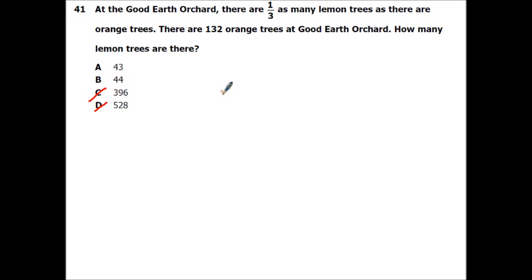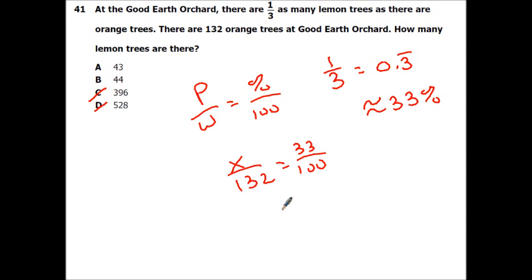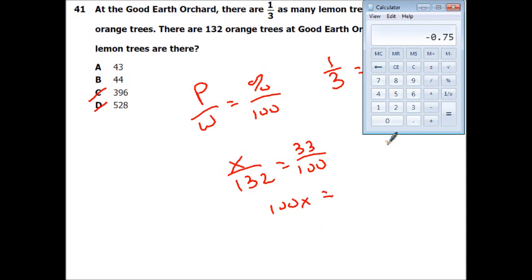So we're gonna go 1/3. We can do our part over a whole equals percent over 100, and we can figure out what 1/3 is as a percent, because 1/3 is just 0.3 repeating, so it's about 33%. So we can go x over 132 equals 33 over 100. So that'd be 100x equals, and we would go 132 times 33 equals